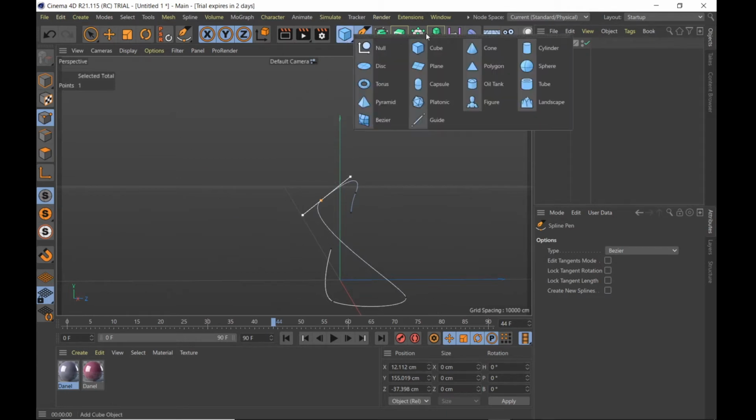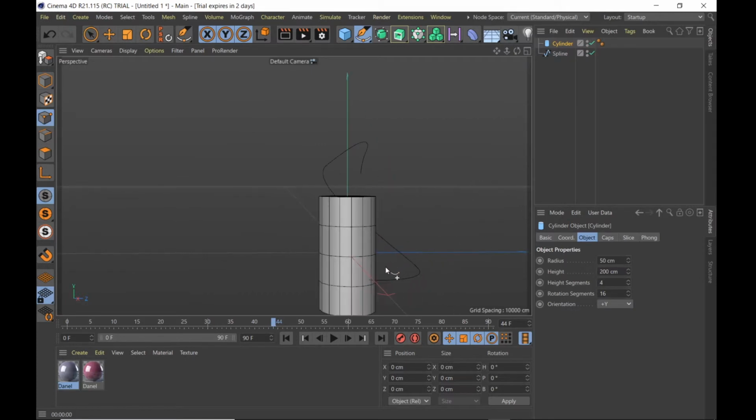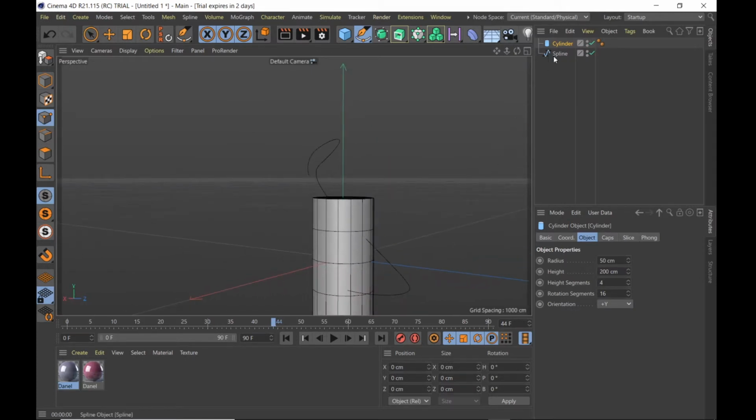And go to make a cylinder. It depends on your spline though. Change the radius. In my case, it's maybe 20, and height, it's 20. No, 30. Okay, and height segments, I think around 20,